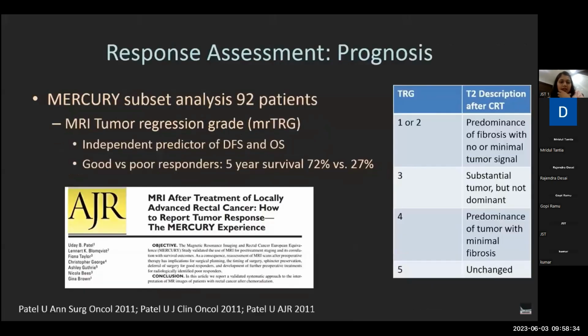So this was a study conducted, and we can grade on this MR tumor regression grade. The first is the predominance of fibrosis with no other tumor signal. So we have to know the initial tumor signal as well. Grade 3 is where substantial tumor is there, but it's not the dominant one. Grade 4 is only tumor that can be seen with little or minimal fibrosis, and